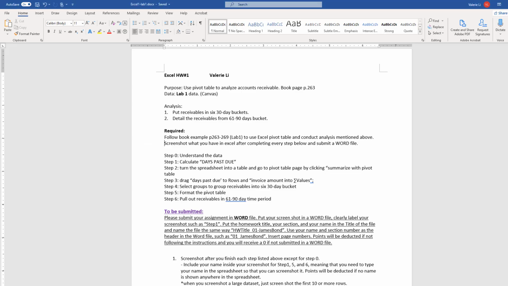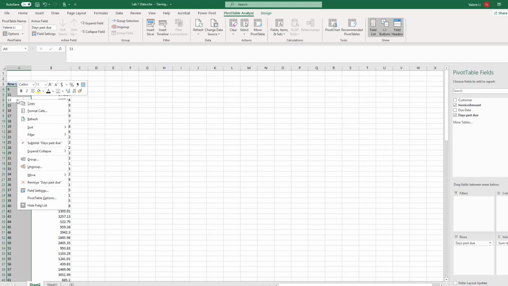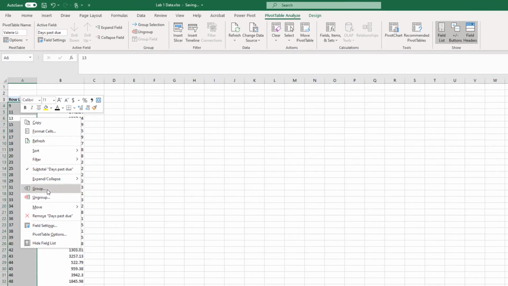So next step, select groups to group receivables into 6 30-day buckets. So now we need to group receivables. These are all days, okay? So I have receivables, I don't know from whom, but it's all like in 9 days, something like that. It's kind of ordered by days. So I just put my mouse here anywhere and then right click. You see group and ungroup. I'm going to group all these days